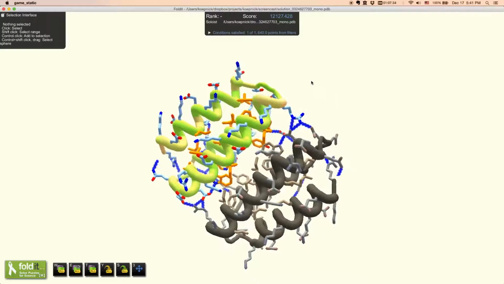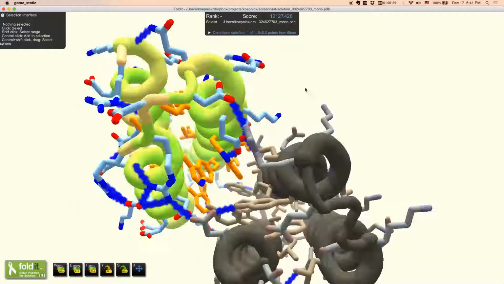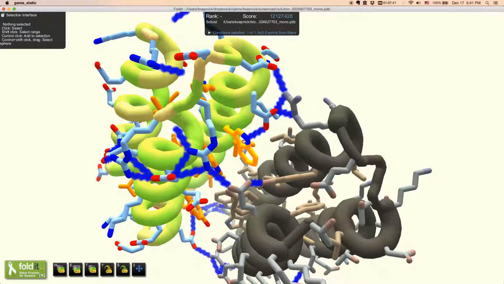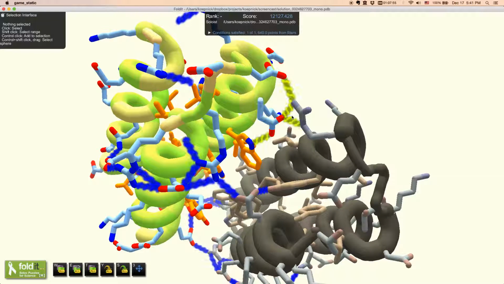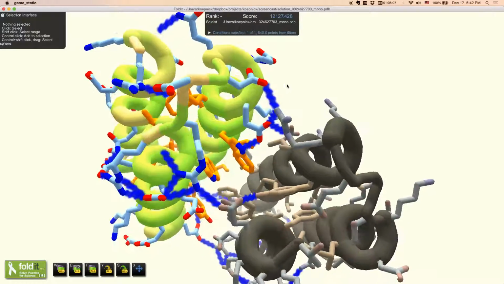It's this buried tryptophan. Let's look at this one down here, the symmetric copy. This buried tryptophan is very nice. Tryptophan is mostly hydrophobic, which is good. It'll make for a strong interface. And this one polar atom on tryptophan is satisfied by this glutamate up here. And likewise, the glutamate is satisfied by an arginine on the opposing symmetric unit, which is also backed up by another, what is that, aspartate right here.